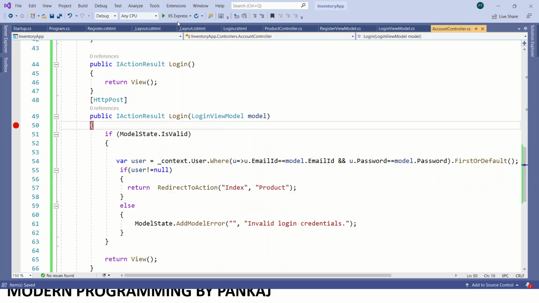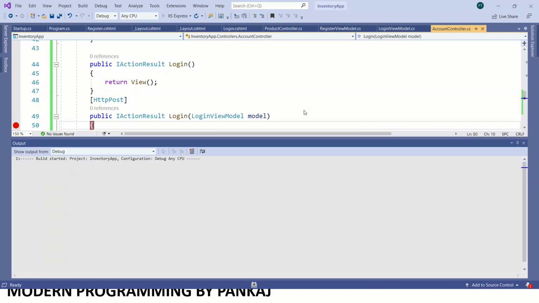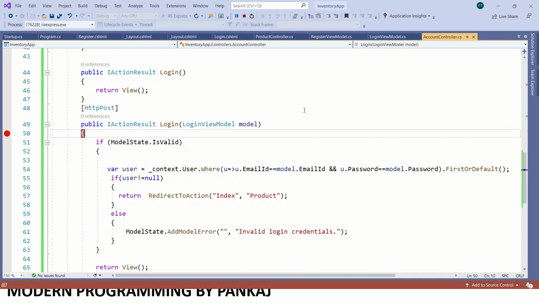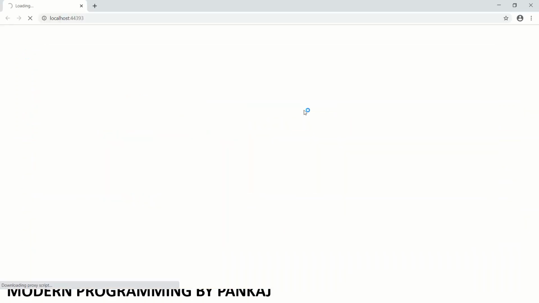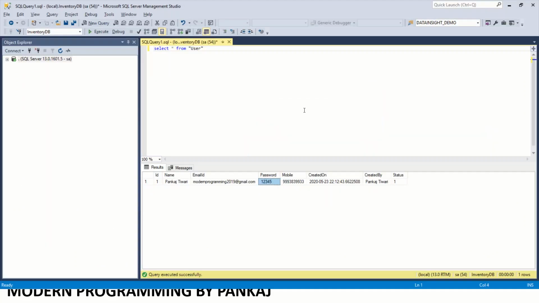Now let's run the application. Meanwhile we'll get the username from here.